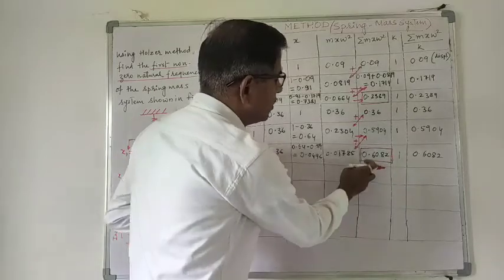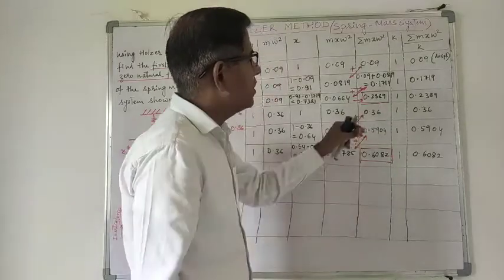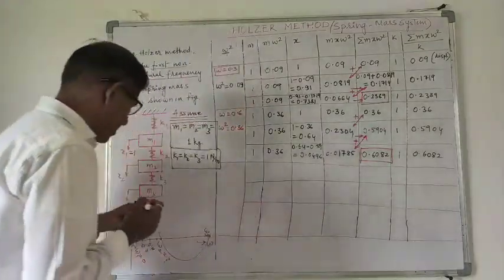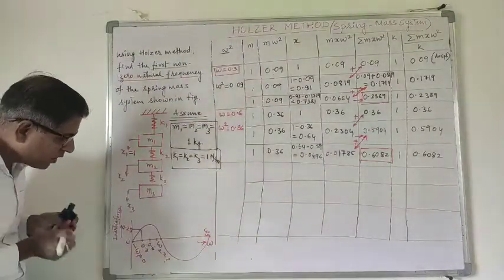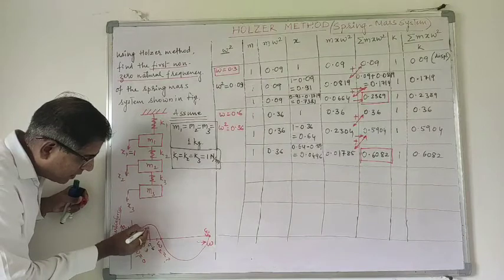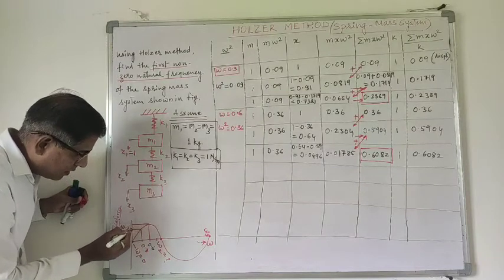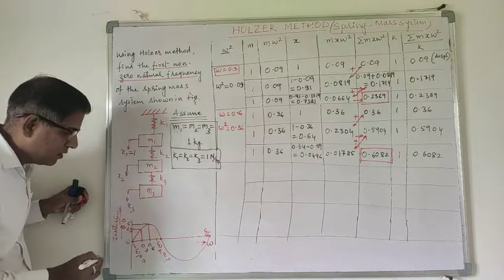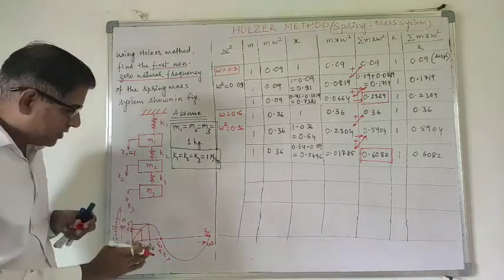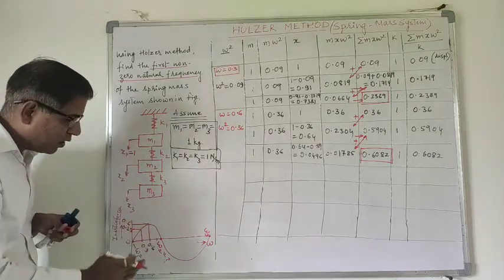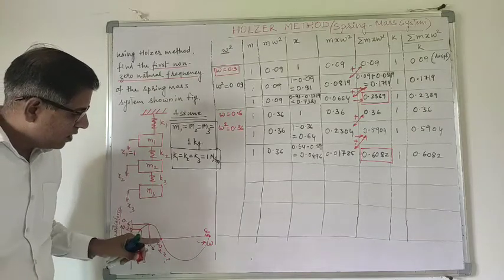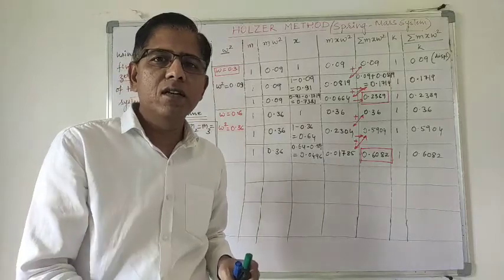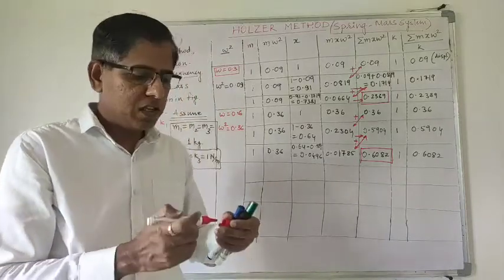which is more than the previous summation of the inertia forces. That means from the graph also we can see that this value is more than this value. So this is 0.6. That means we are going in the correct direction, and if we further increase the value of omega, then the values decrease and we actually get the sum of the inertia forces as 0.